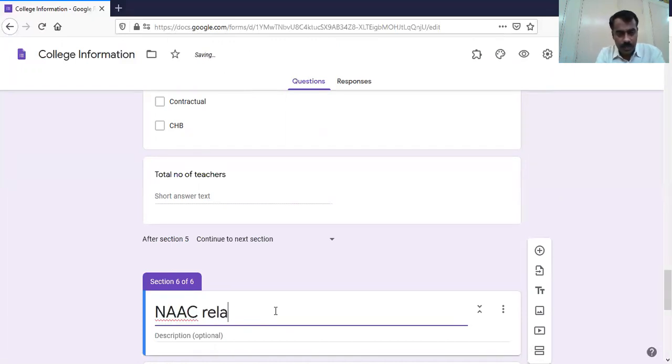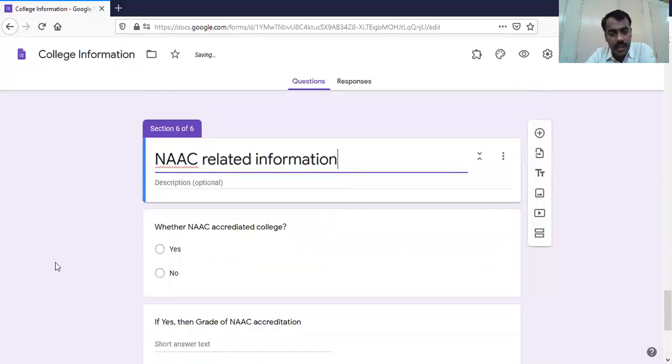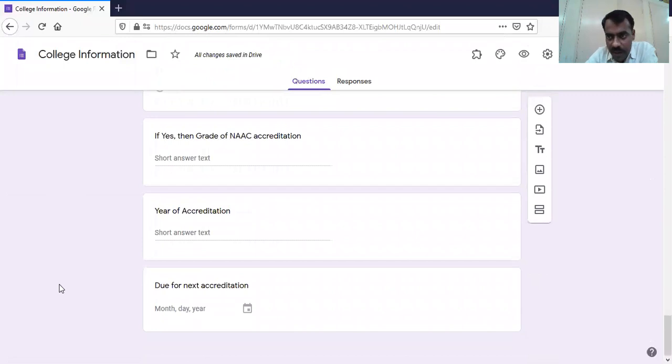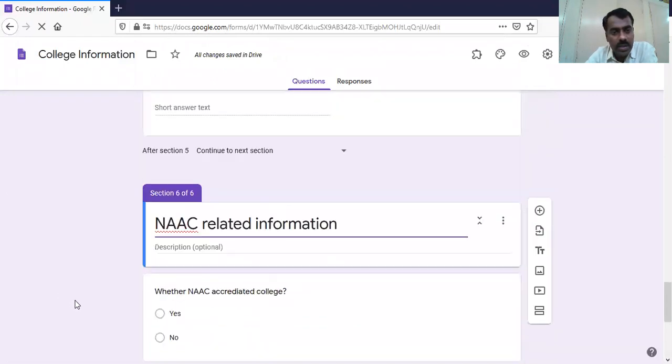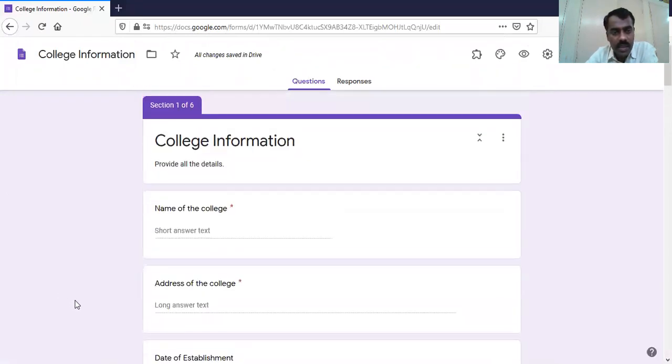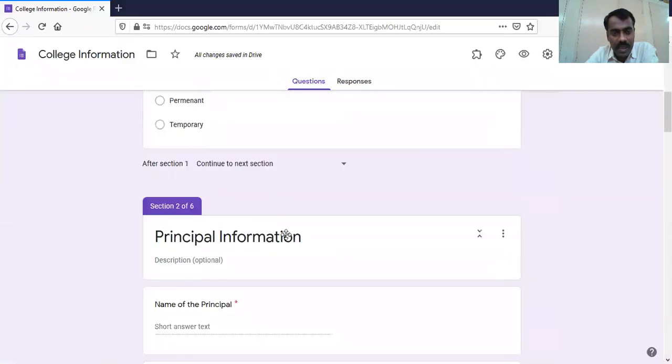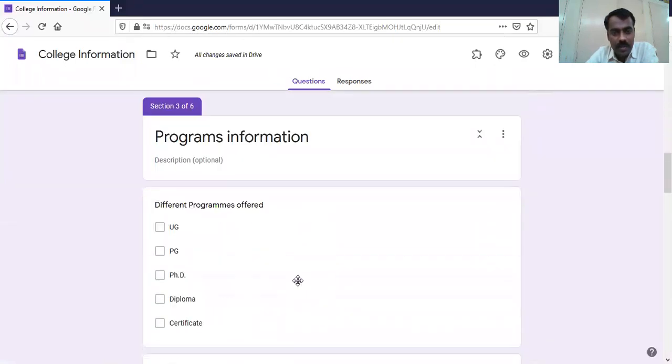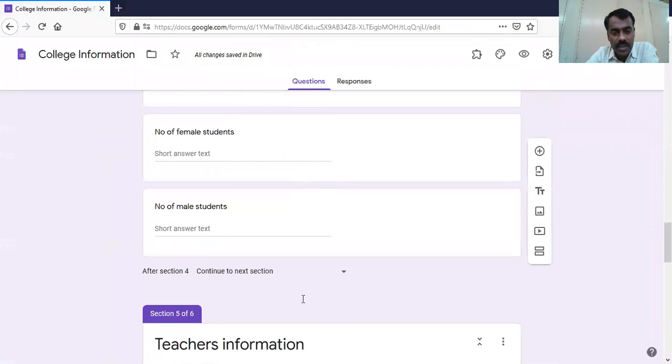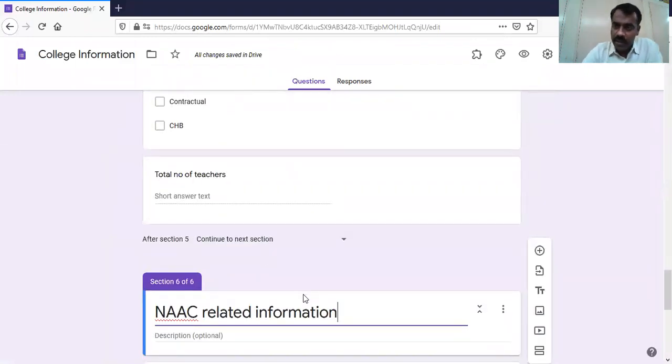So we have categorized our data into 6 different sections: basic college information, principal information, programs offered, students, teachers, and NAAC related information. In this way, one can add whatever required information and prepare all the questions. So assume that we have prepared these questions.